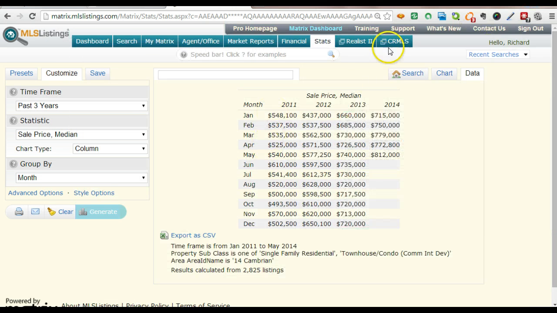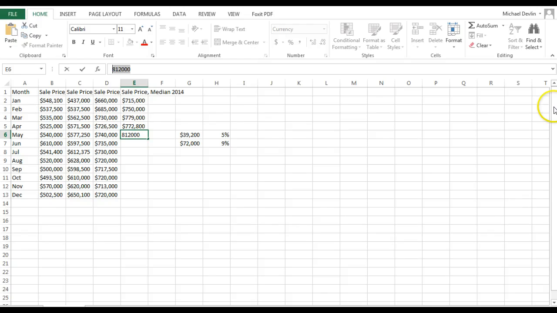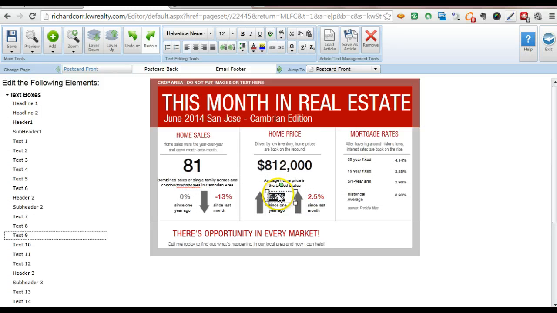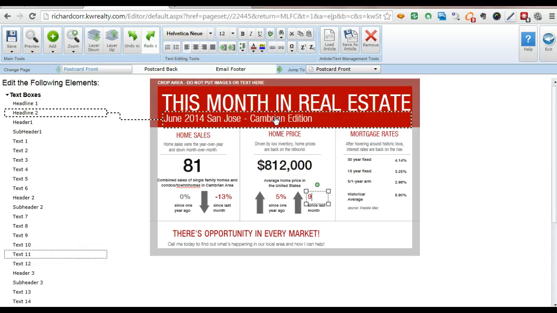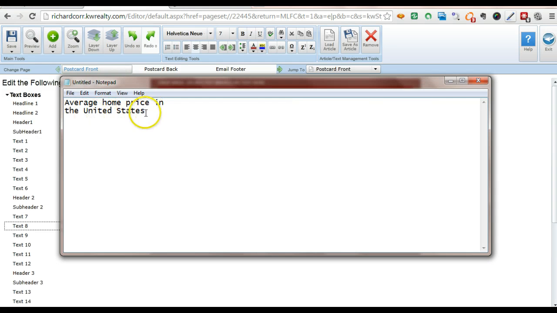Copy that. Go back. 812. And in that. And that. Home price driven by low home prices are back on track. Sure, why not? So the numbers are 5 and 9. So that's actually pretty close. 5% centered, 9% centered. Take this, copy that, take these out, put that in, and so this would be the